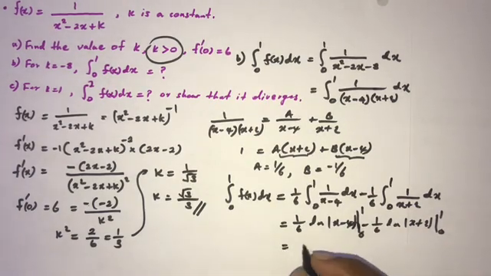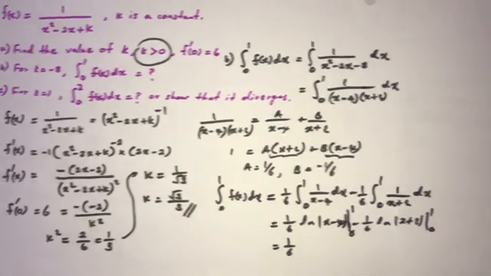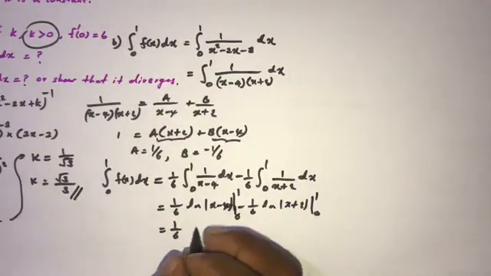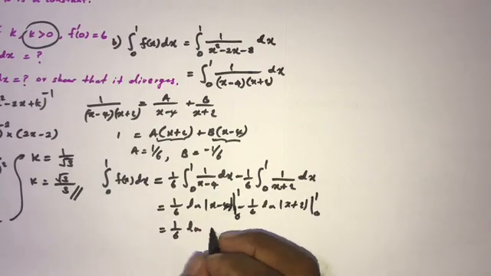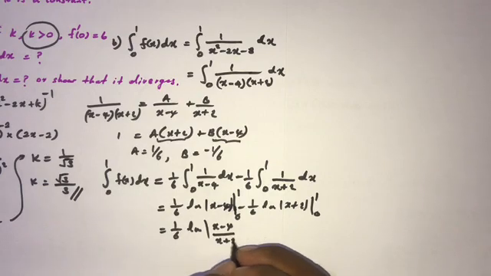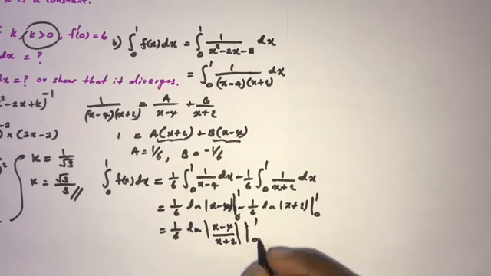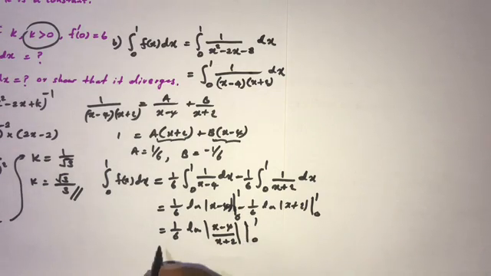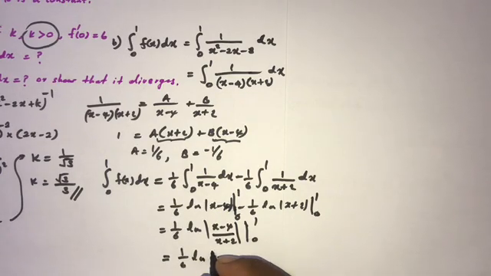Now we can simplify the 1/6 according to the property of natural log. Here we can write, sorry, natural log of (x-4)/(x+2) from 0 to 1. Now if we plug in 1 and 0, we can simplify. This is 1/6 natural log of